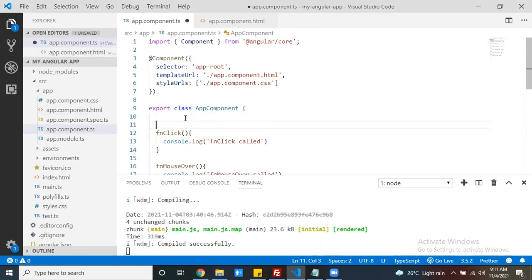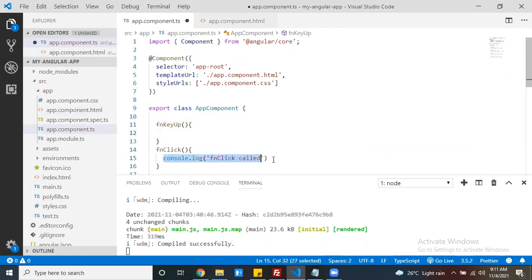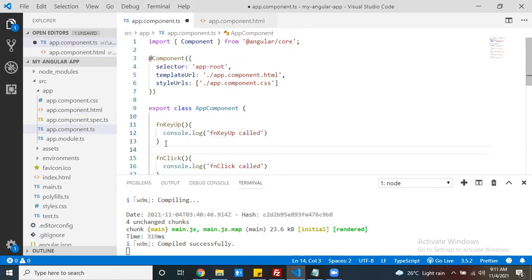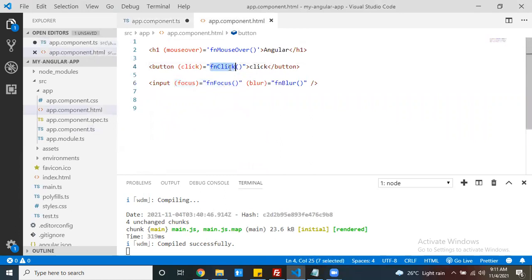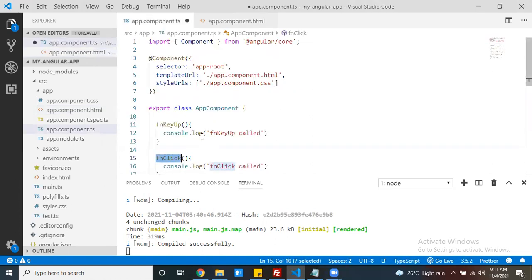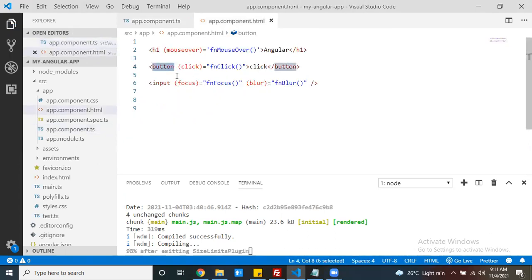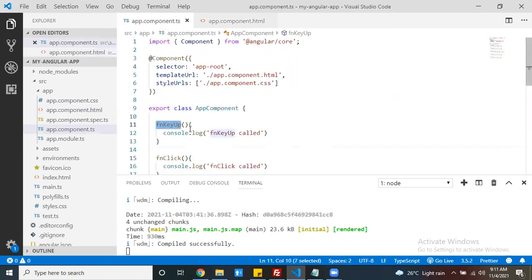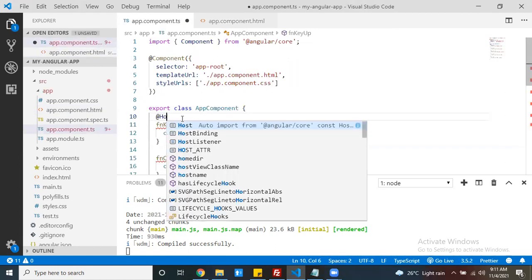So first of all, I want to handle the key up event. Just write console.log of function key up event called. If that particular element is there, I can bind that function click event to that particular element. But here, to add this function key up, the element is physically not available, so to whom do I have to add it? Then at that time, we use the host listener decorator,